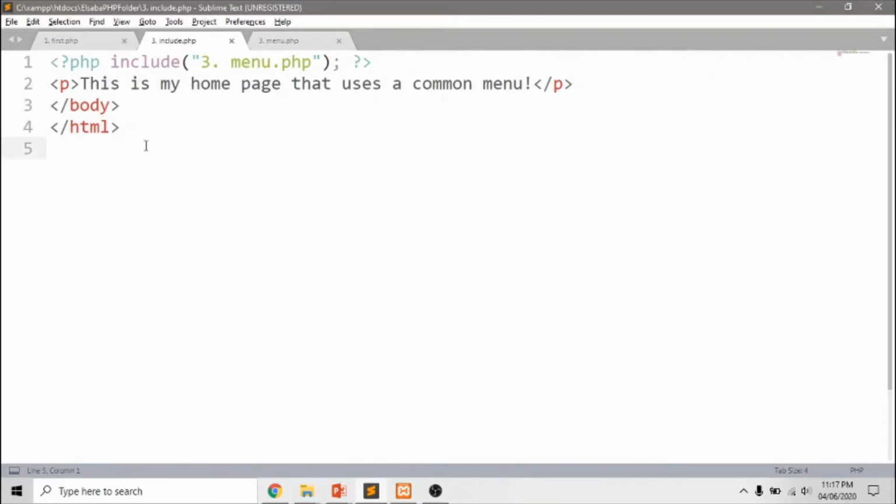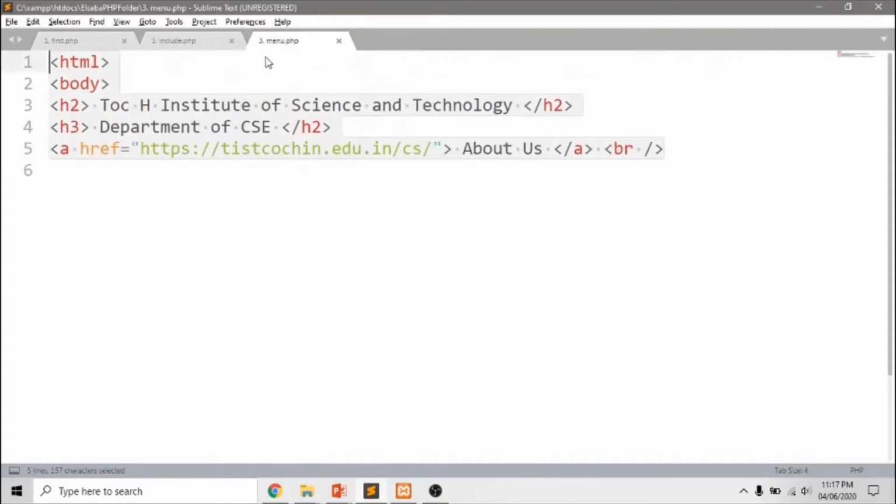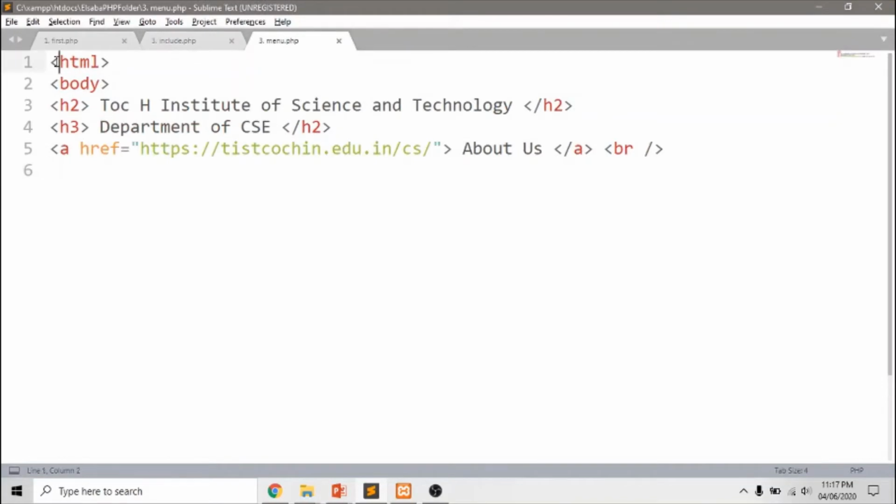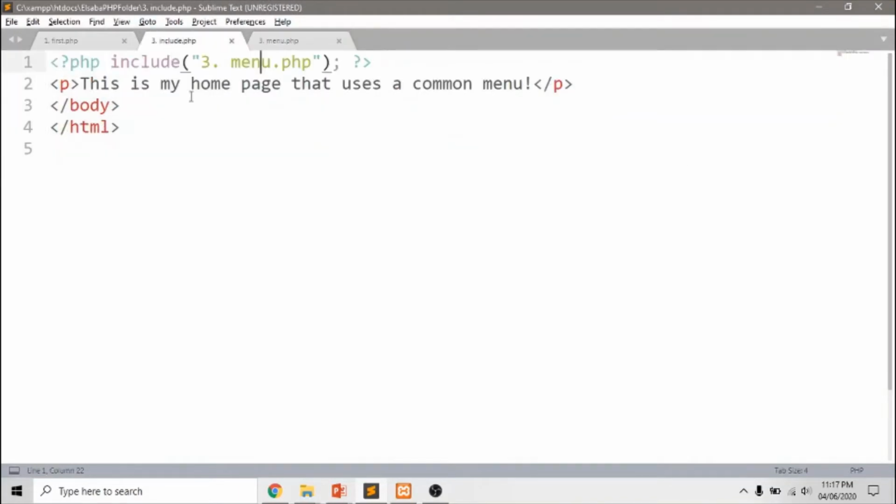So what happens, as we have explained before, whenever the PHP processor sees an include construct, it will just copy the content of this menu.php. Whatever is written here will be directly copied and included in this location, and the final output we'll see.